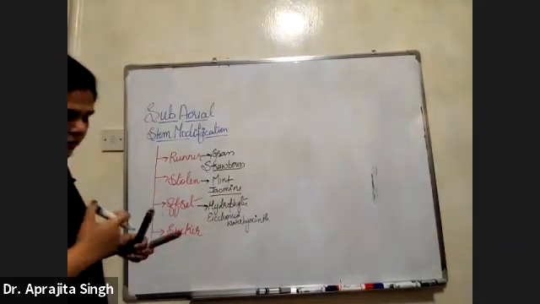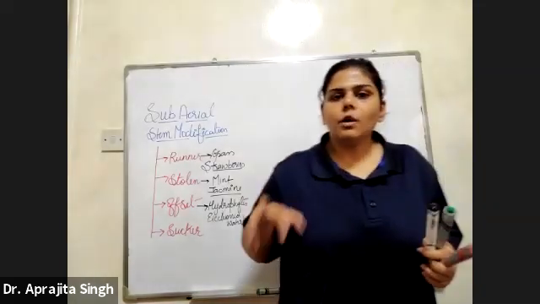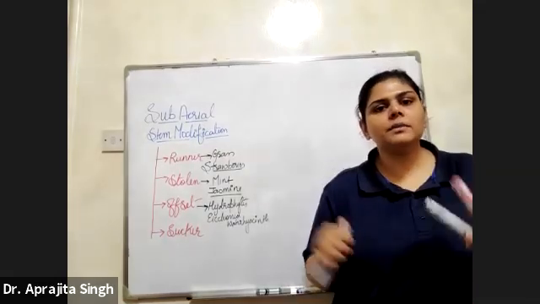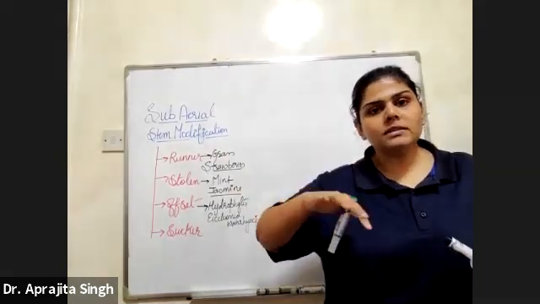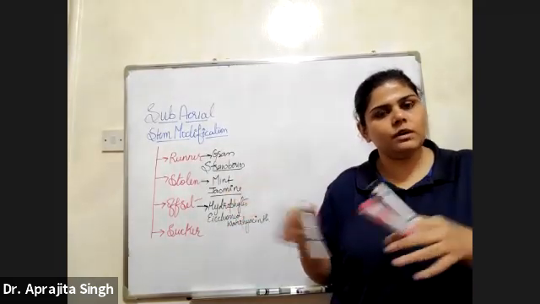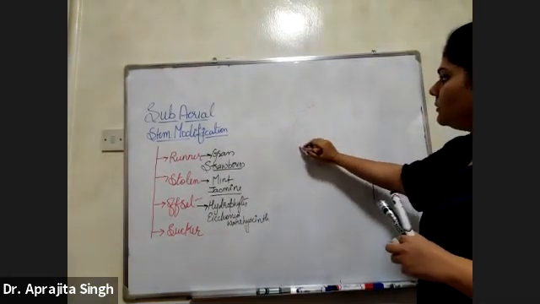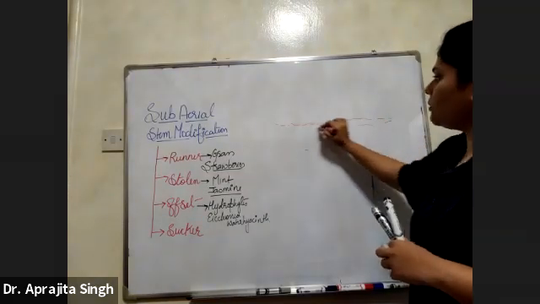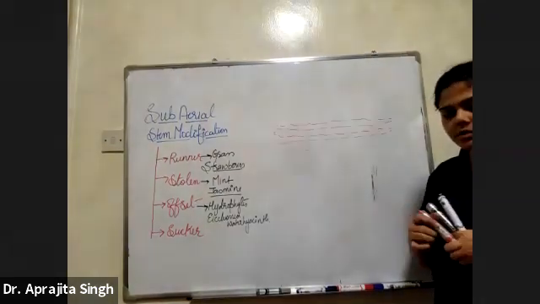Now just listen very carefully. Water hyacinth is a water plant. See what happened. Why don't people like the water hyacinth? Because once you grow the water hyacinth in any pond or anywhere, what will happen? See here. If this is the pond, this is the pond, not the soil. This is the water. What is happening here?